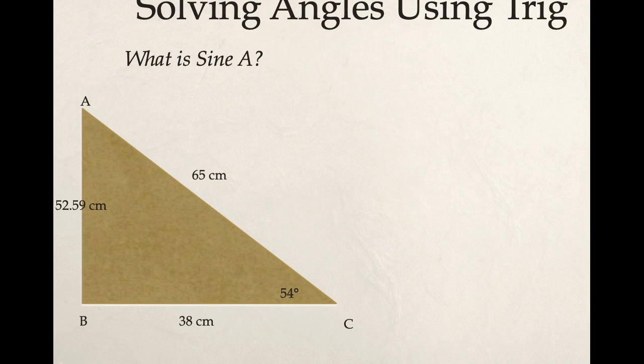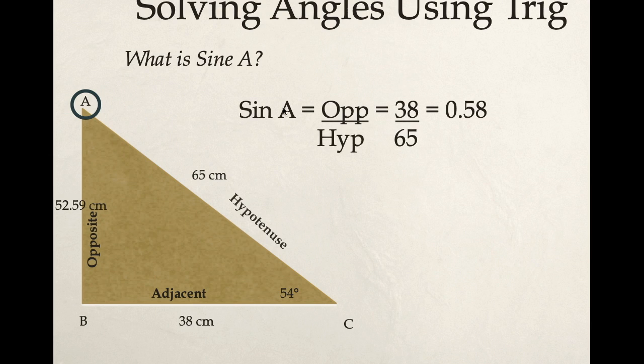So in this case, knowing that A is 36 based on our last slide, we're still going to find an angle using trig. So the first question I have for you is, what is the sine of A? If we're going to do the sine of A, we first have to focus on A and label our sides according to A, opposite, adjacent, hypotenuse. Then we're going to do SOH. So sine of A is equal to opposite over the hypotenuse. In this case, it's going to be 38 over 65, and we get that the sine of A is equal